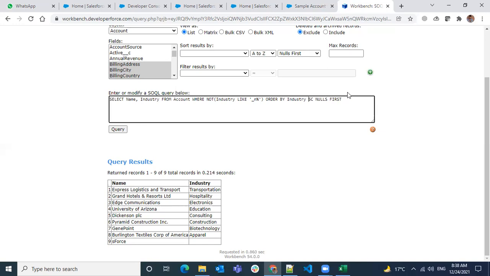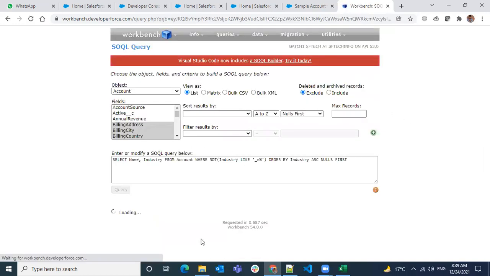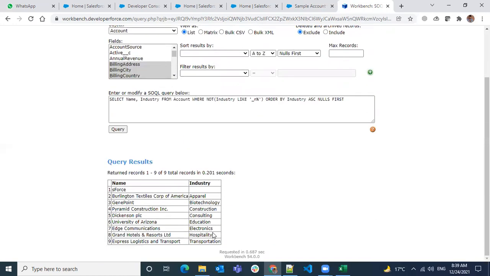Okay, let me check with the ascending maybe, because it might not be a null. It might be an empty space, and that's why it may not be working. Let me take a better example. Empty or null both will be shown as empty values here. If it is empty, then the nulls may not work.